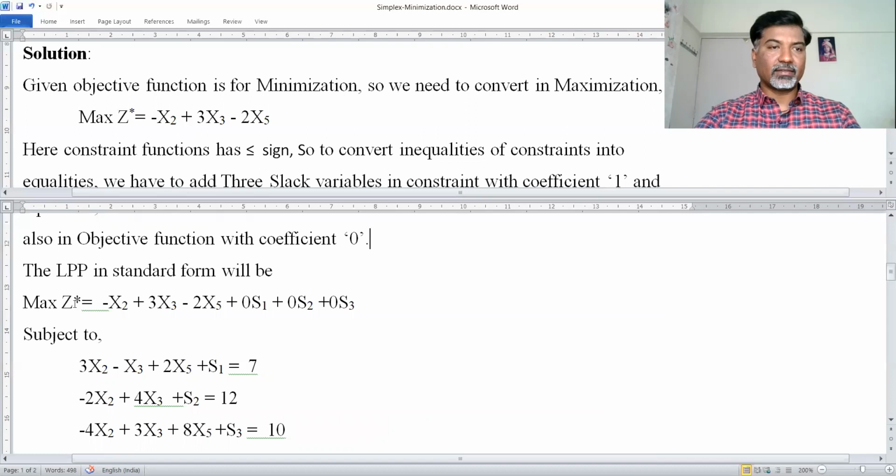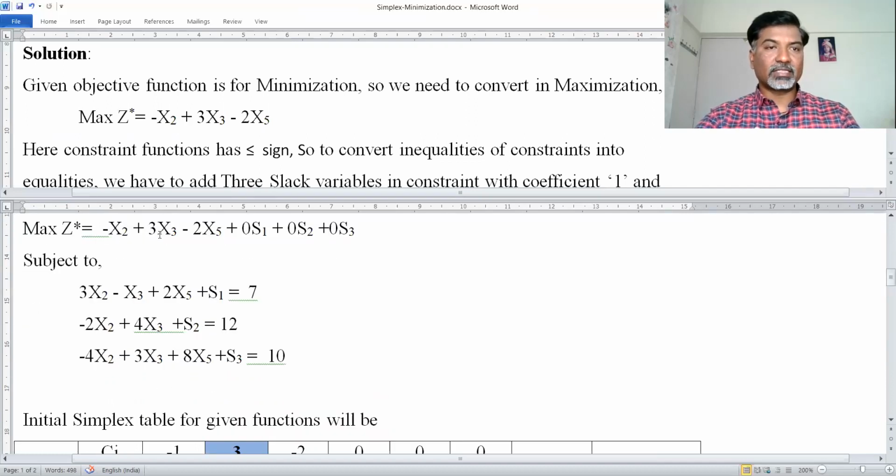Max z star is equal to minus x2 plus 3x3 minus 2x5, which is the converted expression from minimization to maximization. Now we have to add three slack variables. I am adding s1, s2 and s3. As the rule says, if the constraint has a less than or equal to sign, then you have to add slack variables. I have added three slack variables, and in the objective function the coefficient of a slack variable should be 0, subject to,